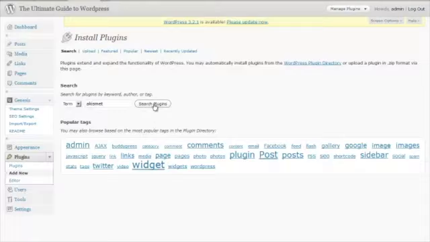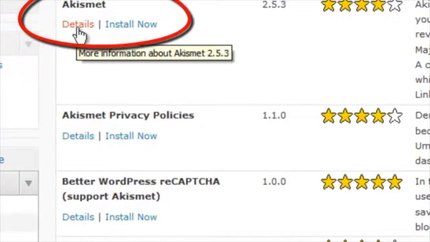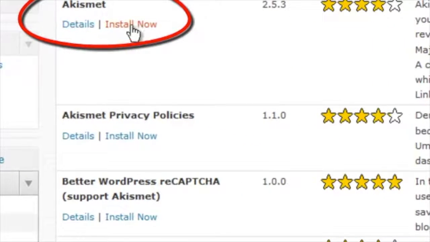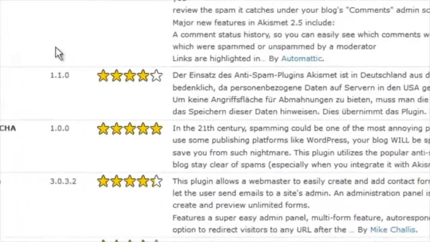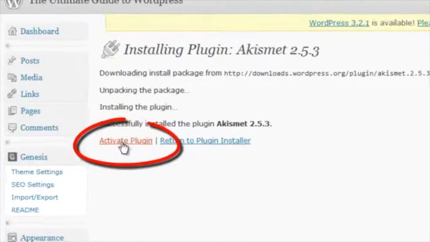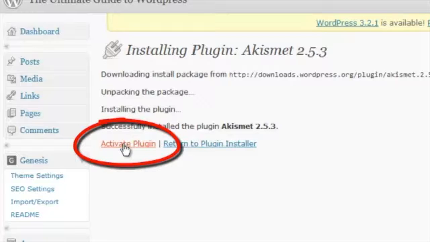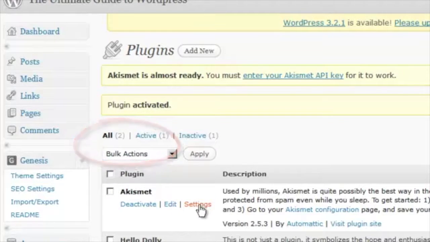so then you search plugins, and you find it here. You have two options. One is details, which will tell you more about it, or you can just install now. Install now and click on OK. Then you activate the plugin, and then you go to Settings,